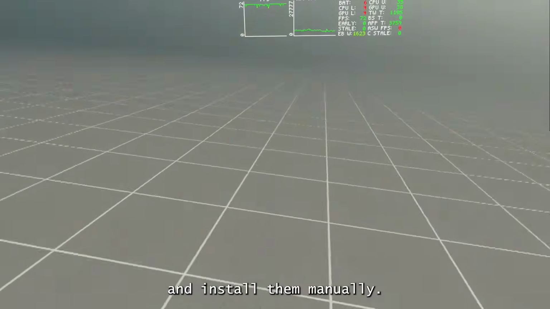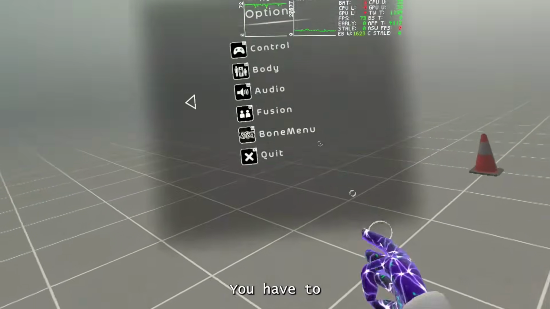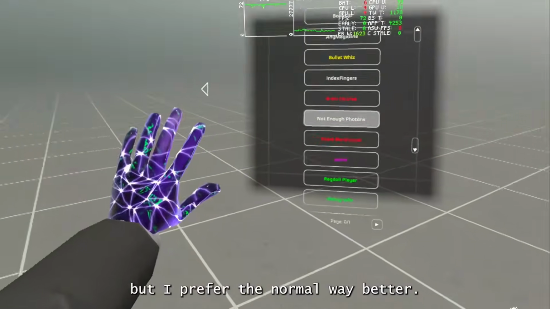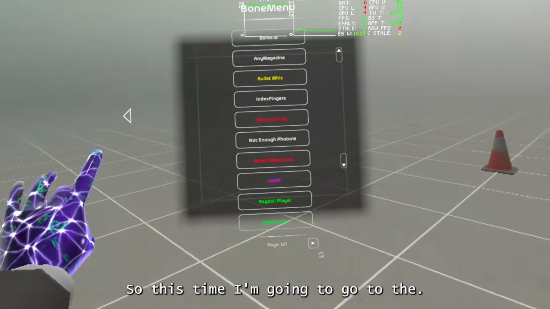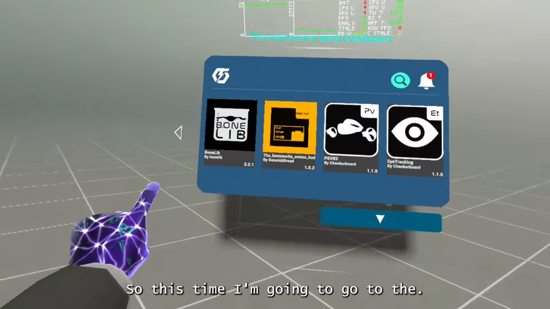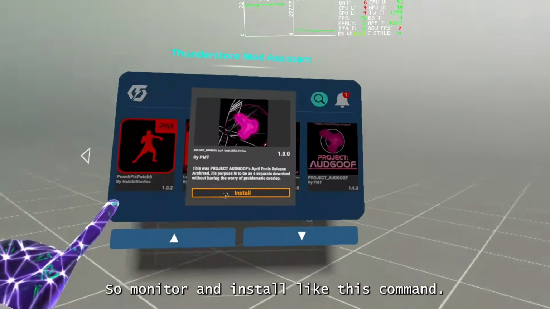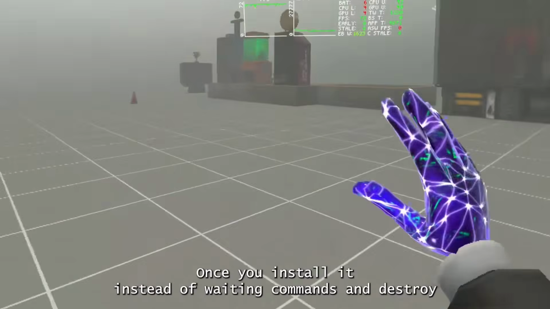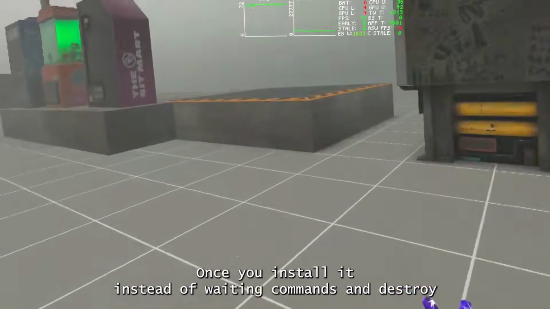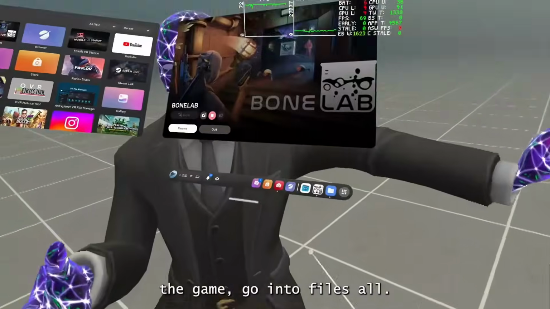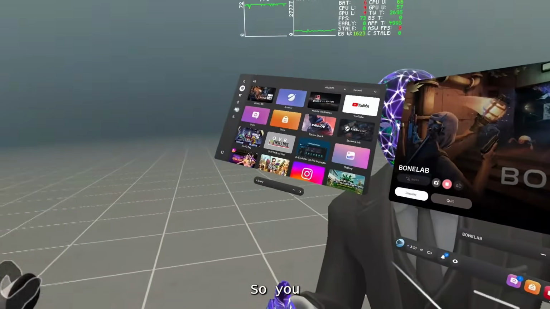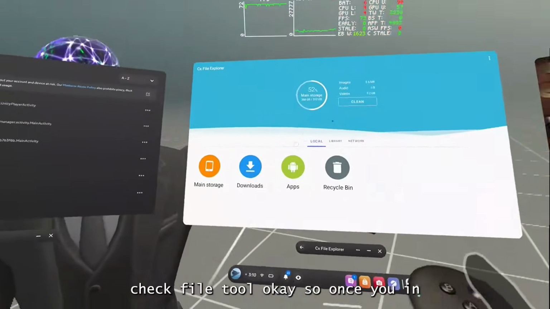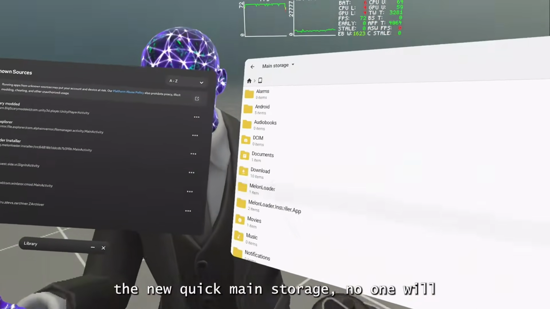And to install them manually, basically, this method's quicker, but I prefer the normal way better. So, this time, go into your Thunderstorm Mod Assistant and install, like, this code mod. Once you install it, instead of waiting 10 minutes and just relaunching the game, go into CX File Explorer. Okay, so once you're in,